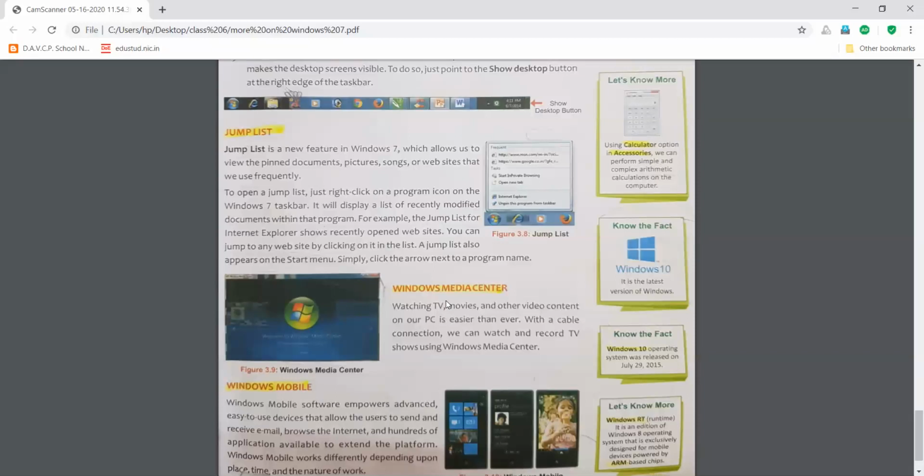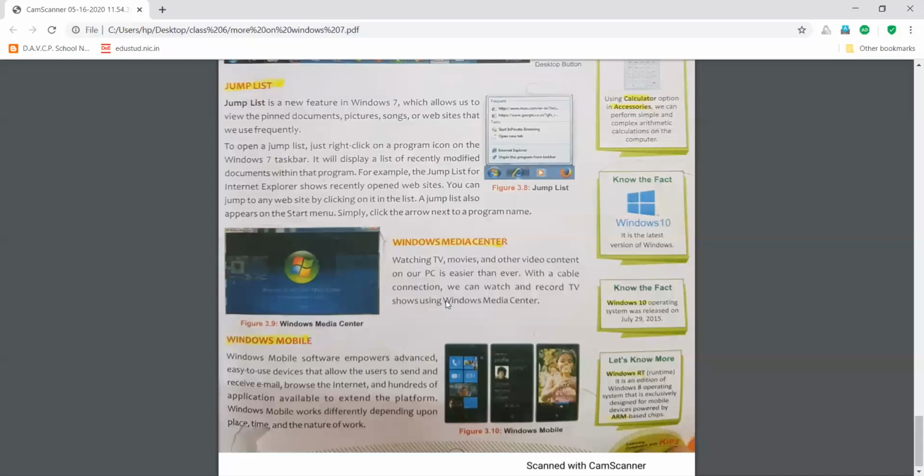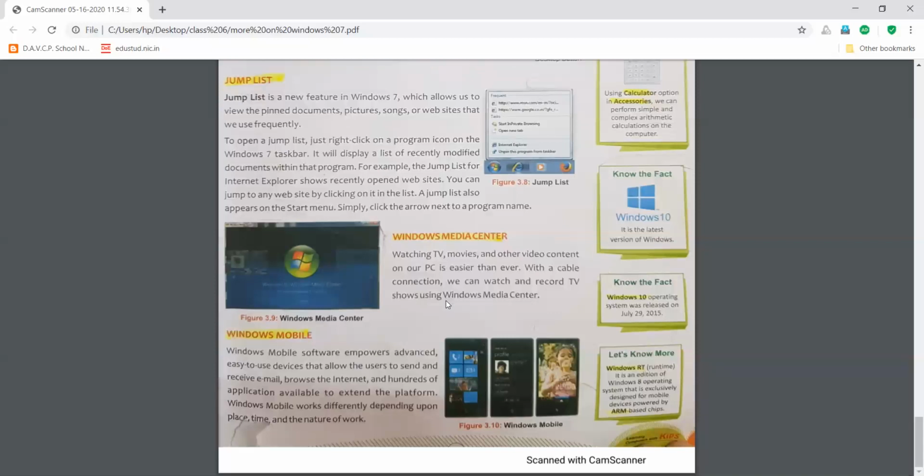Next is Windows Media Center. You all know these days we have smart LEDs in our home, right? These LEDs can be converted into a computer whenever required. So suppose you have to convert a computer into a TV. At that time you are supposed to insert a cable wire into your computer, and you have to use Windows Media Center.